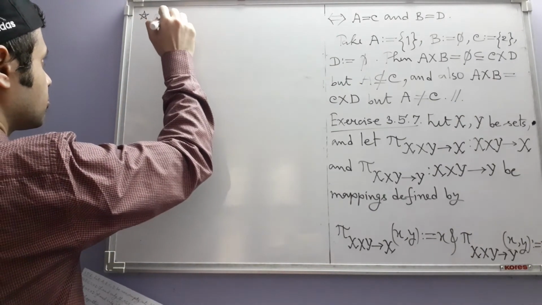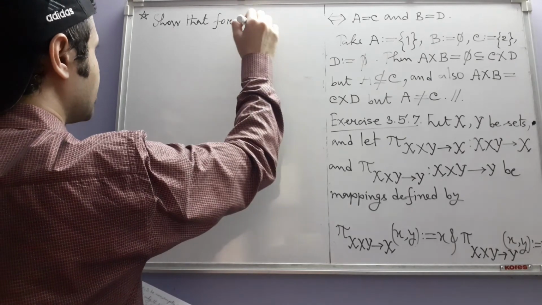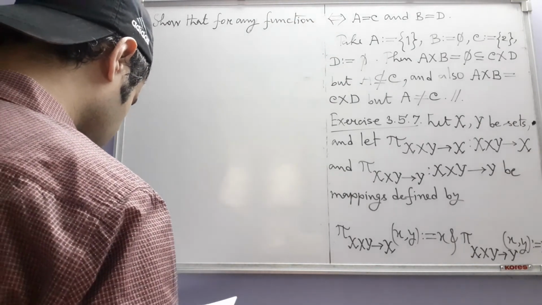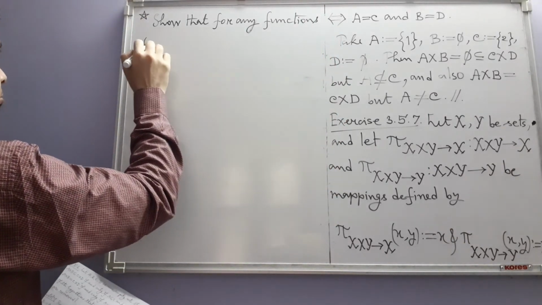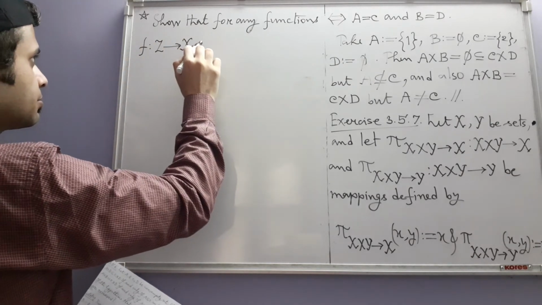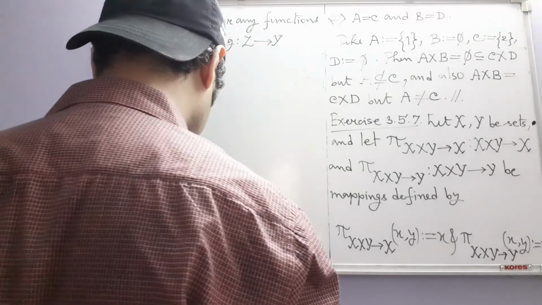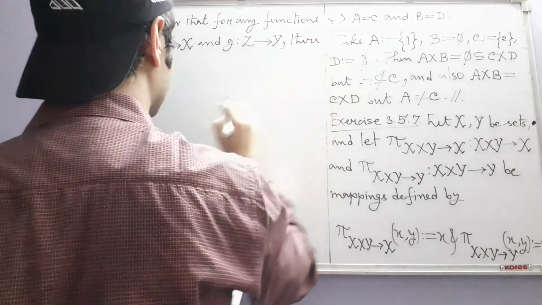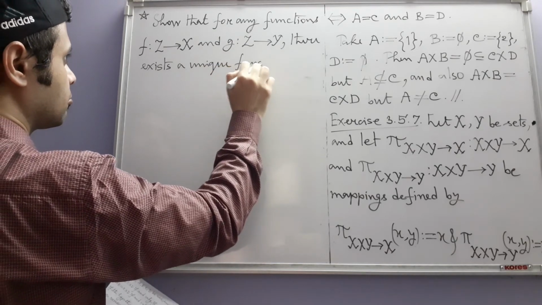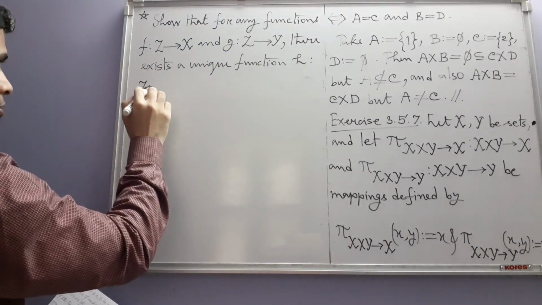Show that for any functions f from z into x, where z is another set, and g from z into y, there exists a unique function h from z into x cross y